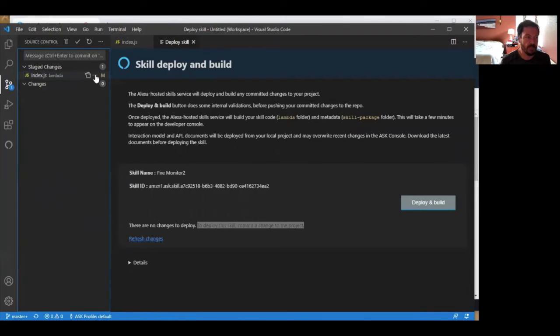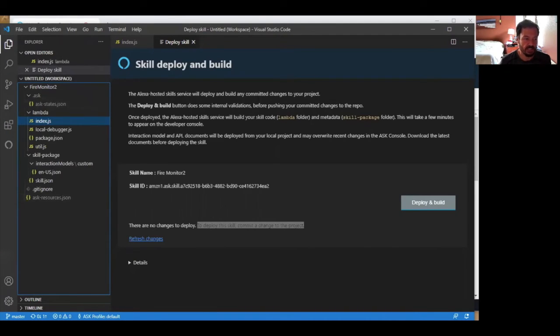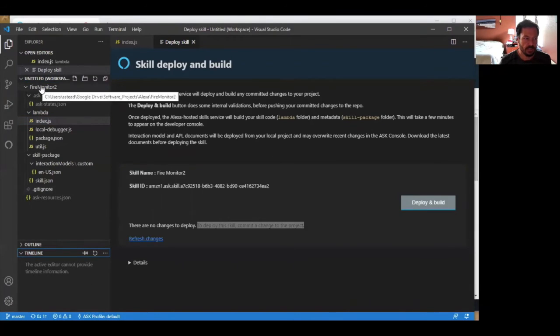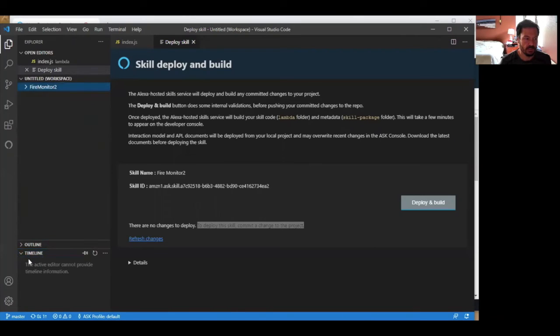But we'll stage it. And now you've got to give it a message. So I'll say modify opening response. And then hit the check mark to commit it. Now our changes are committed. Another thing you can do is if you go back to your Explorer, down here you have a timeline. And you should be able to see a whole list of, oh,